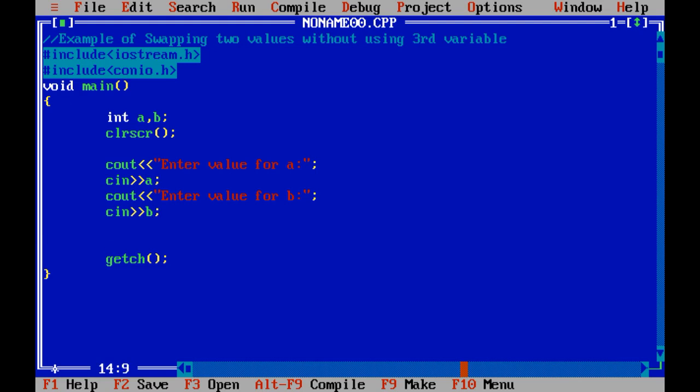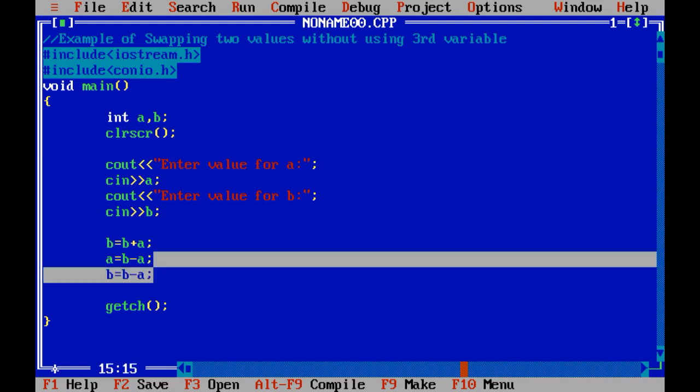Now it's time for the processing statement. For that I have given you the formula. See over here, B equals B plus A, A equals B minus A, B equals B minus A. If you remember, we have already completed and discussed this in C. First time we need to perform addition, remaining two times we need to perform subtraction.